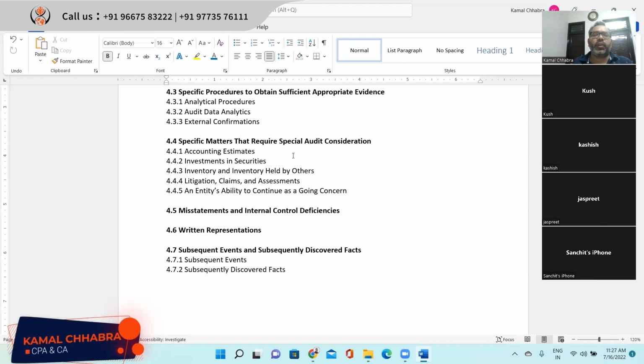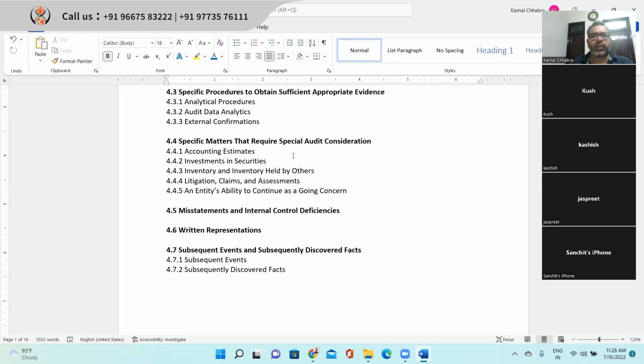So here we need to evaluate whether we need to give the disclosure or it's not required, whether we need to create a provision or it's not required to create a provision. For that, we'll be learning in detail the PPR method. Lastly, does anyone want to add anything over here? Litigation, claims and assessment. Any experience you want to share?